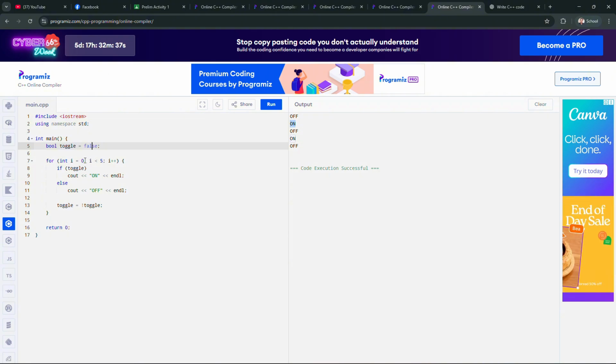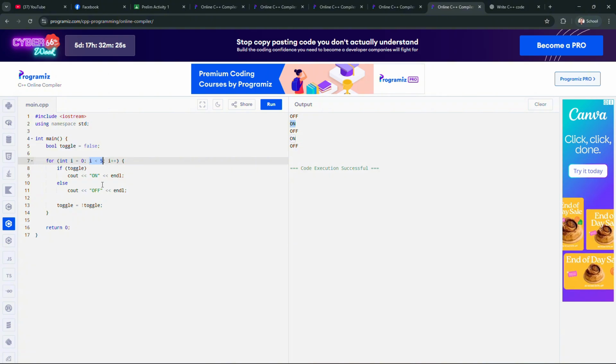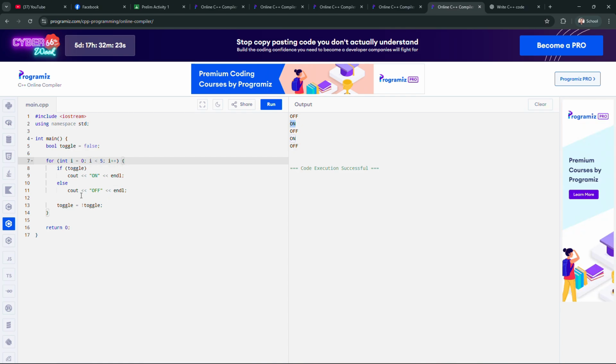And this continues up until the value of I becomes 5, so the condition is false because 5 is less than 5 is false, and then the program will be